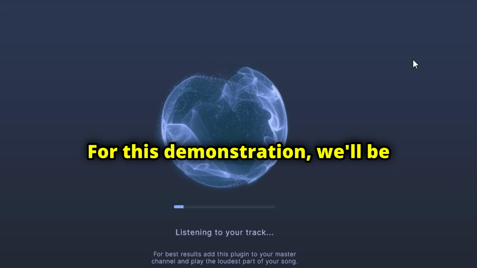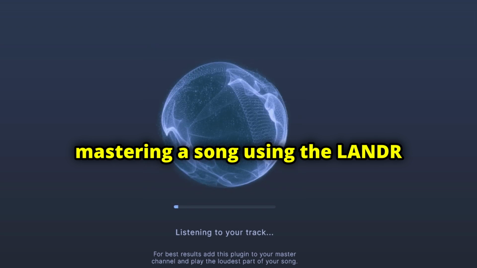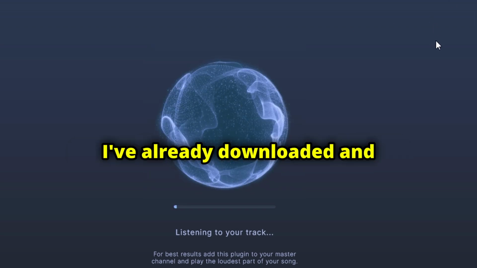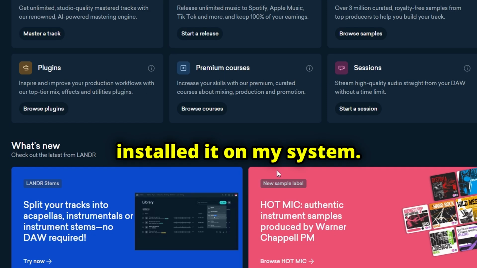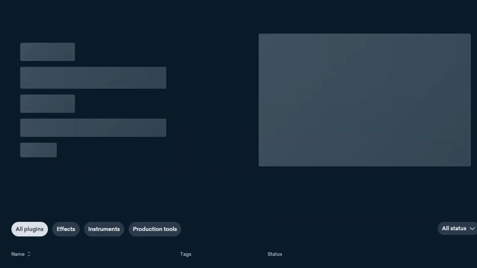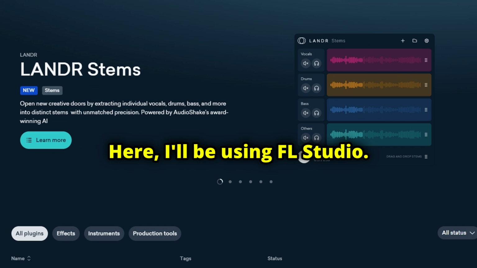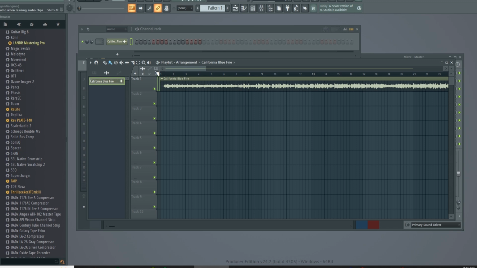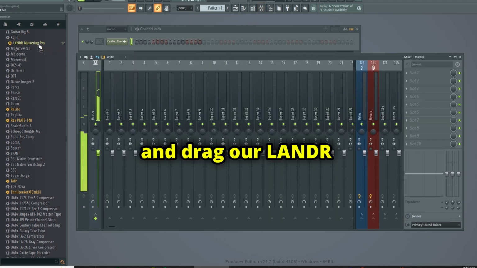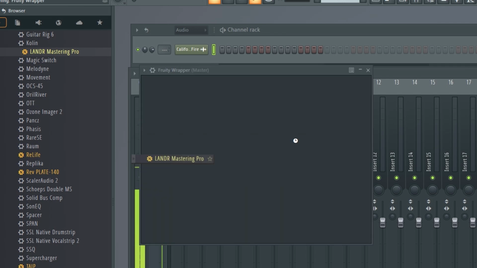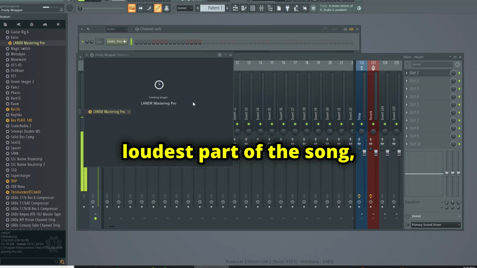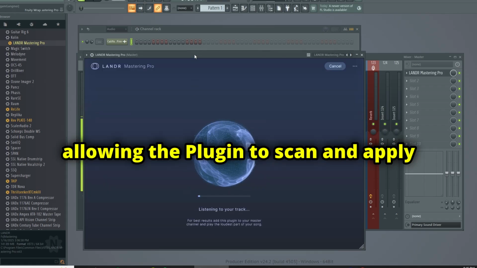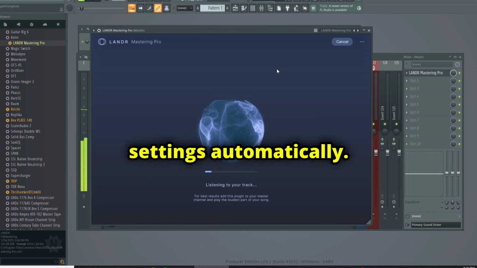For this demonstration, we'll be mastering a song using the LANDR mastering plugin. I've already downloaded and installed it on my system. Since it's a plugin, it can be used with any music production software. Here, I'll be using FL Studio. Let's get started. Let's drag in our audio file, and drag our LANDR plugin into the mixer. Next, we play the loudest part of the song, allowing the plugin to scan and apply the best mastering settings